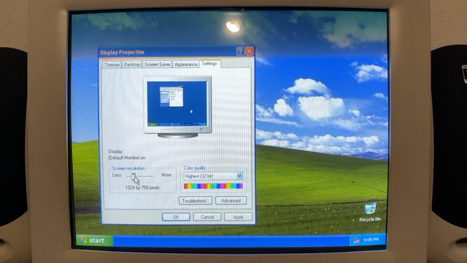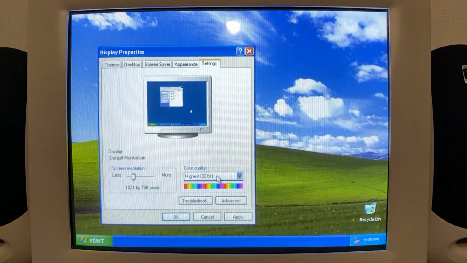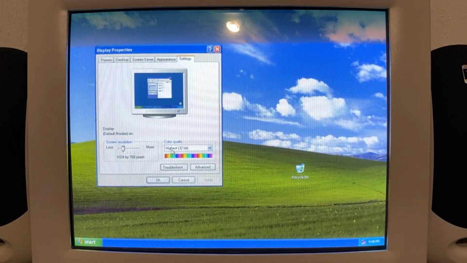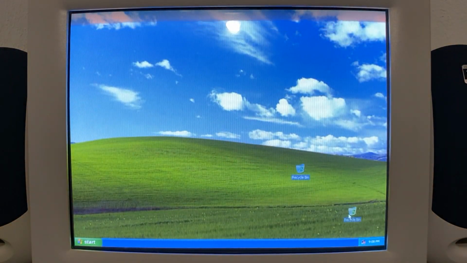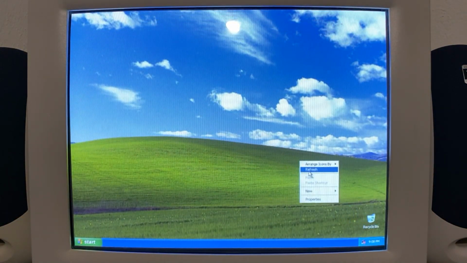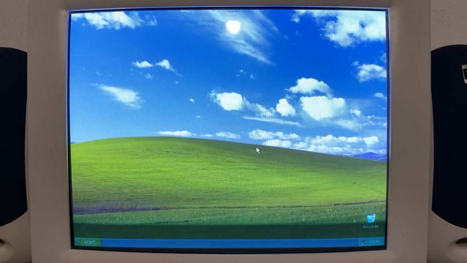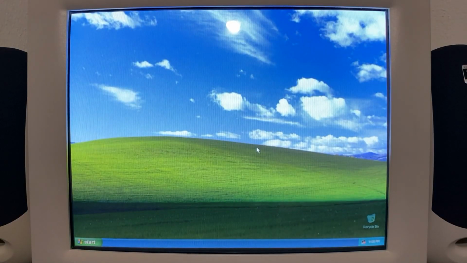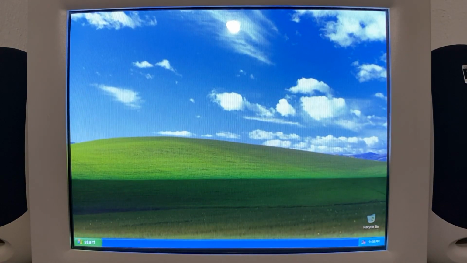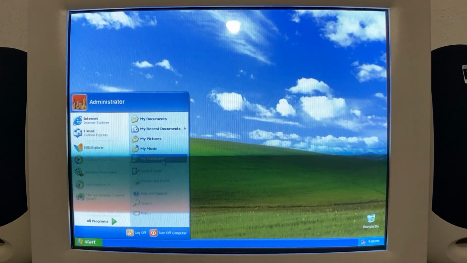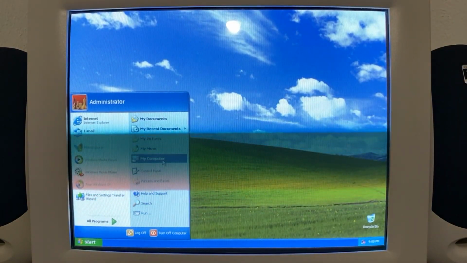And we can go up to 1024 by 768. Because once again, XP has its own VESA enabled graphics drivers. So we got much higher resolutions and much higher color depths than the default VGA driver supplied by Windows 2000 and prior. You know, including all versions of 9X too. But yeah,